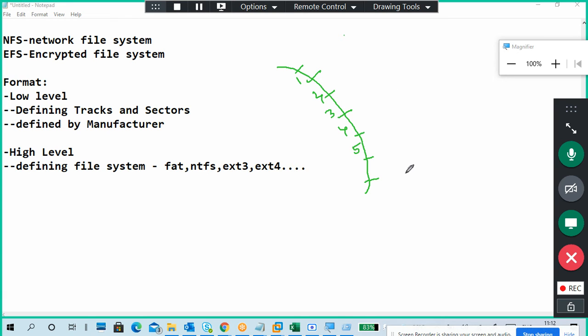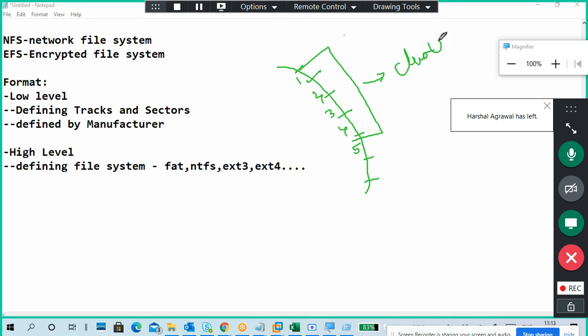Each one is 512 bytes. I combine some sectors together. The combination of sectors is called a cluster.